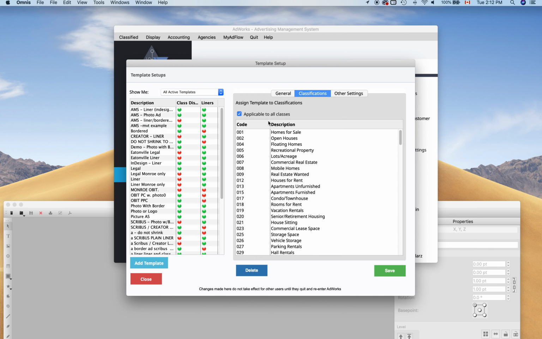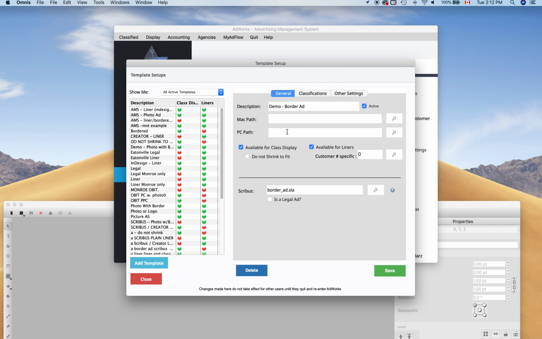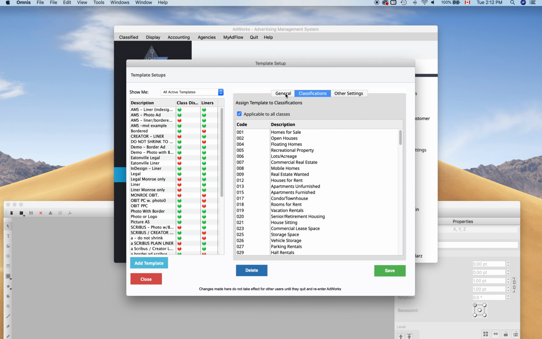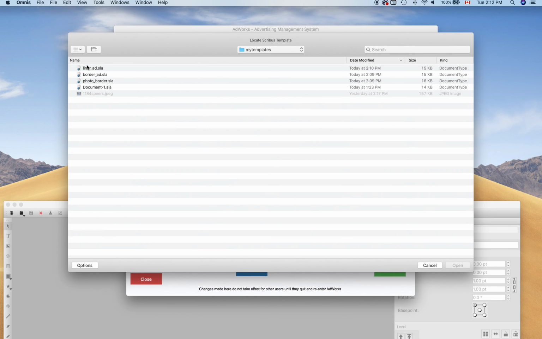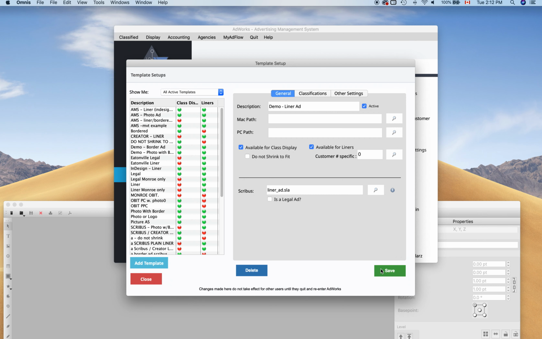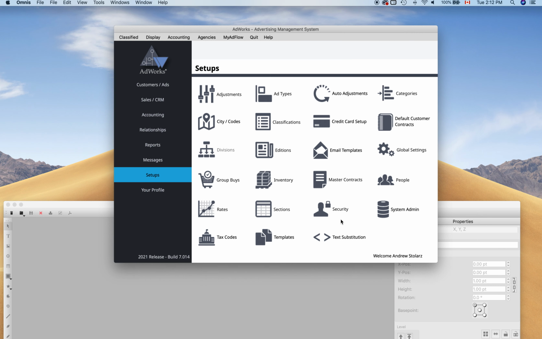Make sure all classes are selected, or you can pick and choose which classification. Save. And my final type of template was the liner ad. And save. So now AdWorks knows about those templates that you've created,